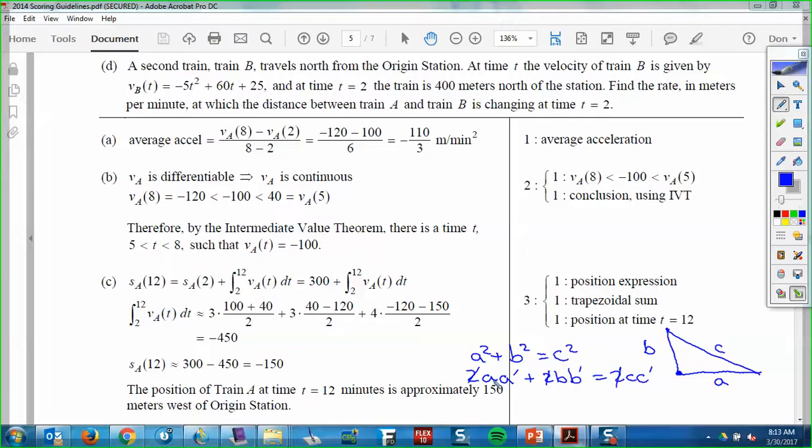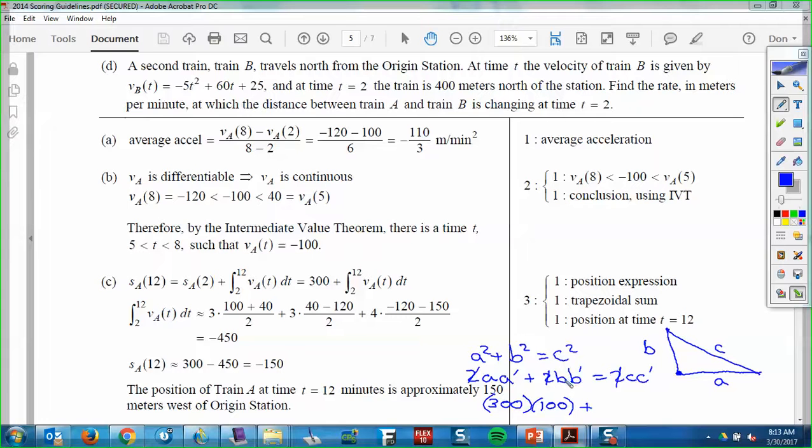What do we know about A? Do we know the distance, hey Colin? Do we know the distance of A? That's up above, right? I can't scroll up there right now. What's it say? Oh, that was in part C. Okay? So it's the same time. So at time 2, it was 300 meters east. So at time 2, we know A is 300. Okay, what's A prime? That would be in the table, right? A prime would be how fast it's moving at time 2. And what's that? Positive 100